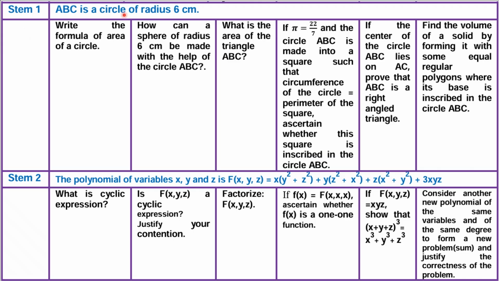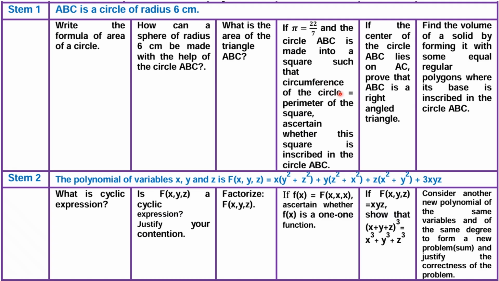Stem 1. ABC is a circle of radius 6 cm. Write the formula of area of a circle. How can a sphere of radius 6 cm be made with the help of the circle ABC? What is the area of the triangle ABC? If pi is equal to 22 upon 7 and the circle ABC is made into a square such that